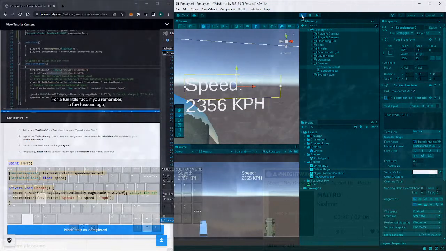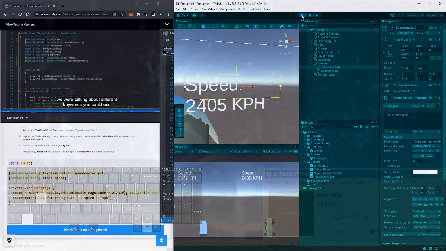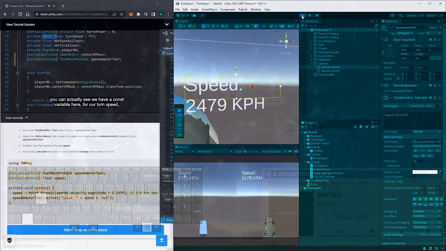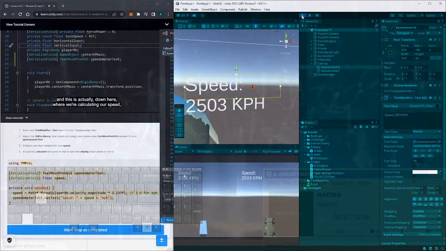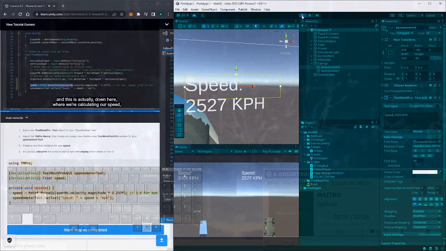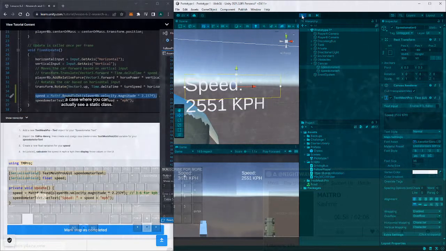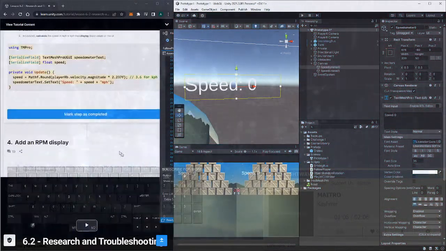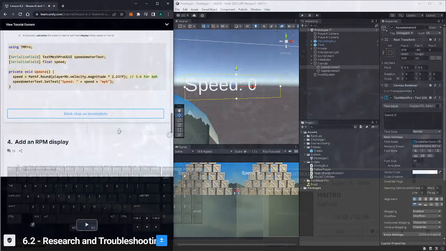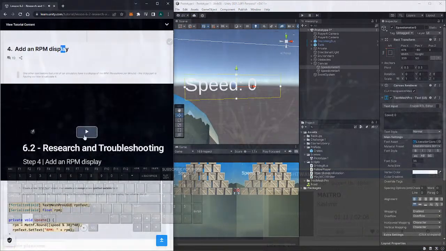For a fun little fact, if you remember a few lessons ago, we were talking about different keywords you could use on variables. Things like const, readonly, and static. You can actually see we have a const variable here for our turn speed. And down here where we're calculating our speed is a case where you can see a static class. In fact, up here as well. And if you remember, in cases like our rigidbody, we have to actually